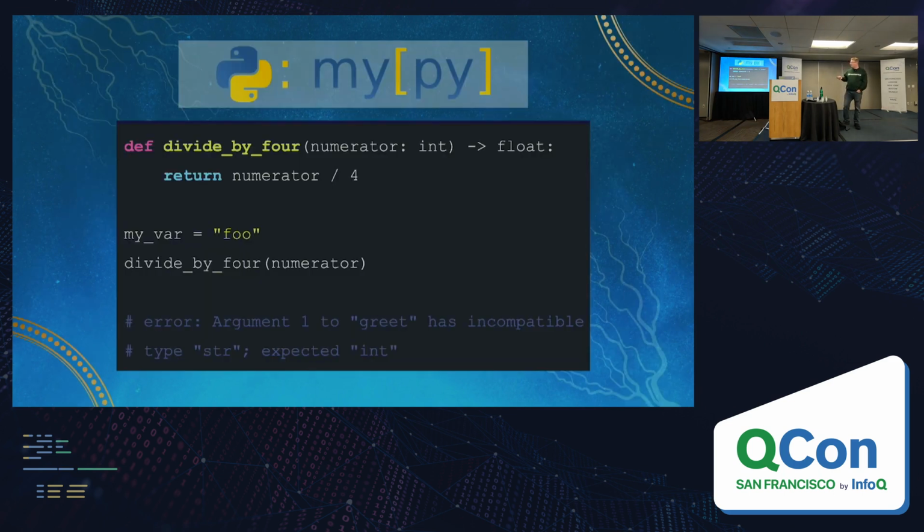Whenever you opt into one of these, you can usually do it pretty gradually. You don't have to boil the ocean with your code base. And it really just boils down to adding a few little type hints to the method signatures. And that little action changes this bug from a runtime bug to a build time bug, where MyPy is going to catch this up front and say you can't pass a string to this function. So that allows us to avoid that alligator timeline.